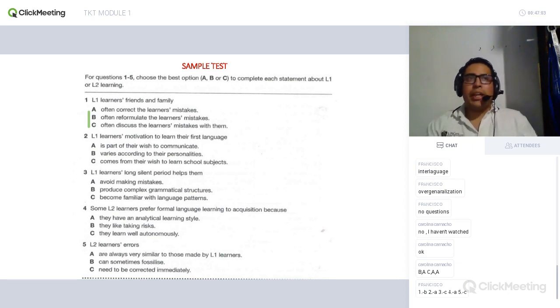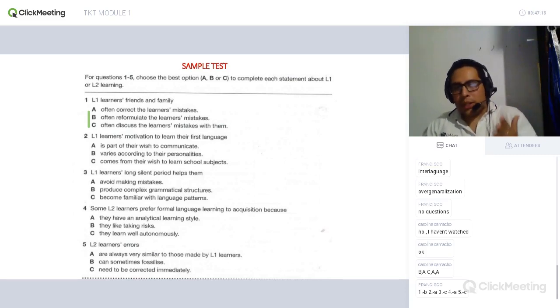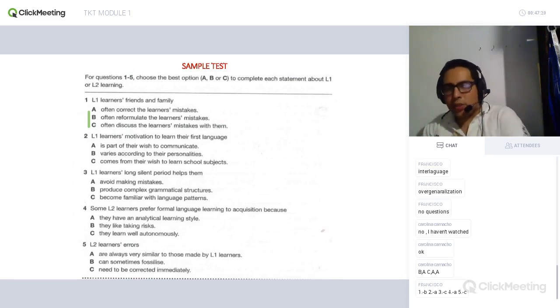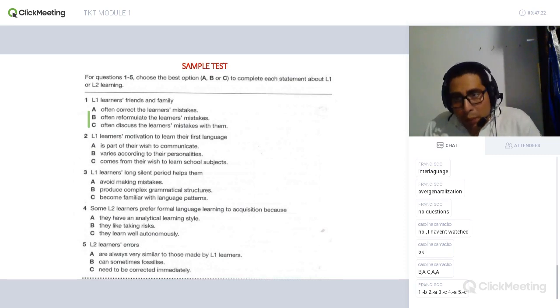For example, if you don't know the present simple, let's say that you don't know how to conjugate, you don't know that yo juego, tú juegas is part of the present simple of the indicative, right? So maybe if you have this problem, you don't know what present simple is, maybe it can transfer to the L2. That could be possible. I think that you understood in this way.